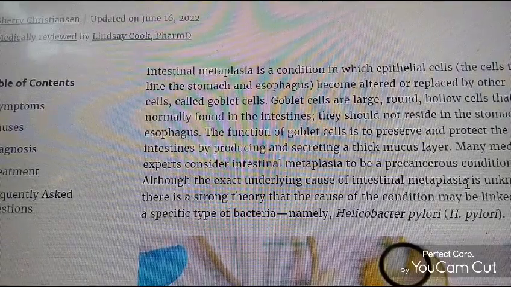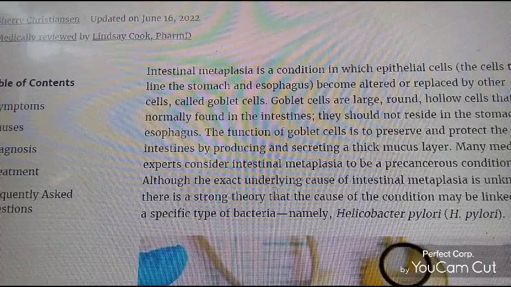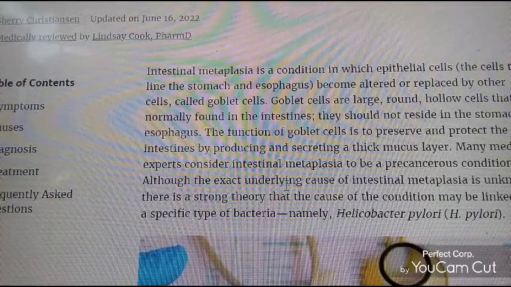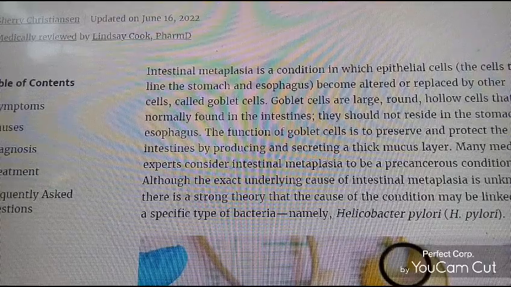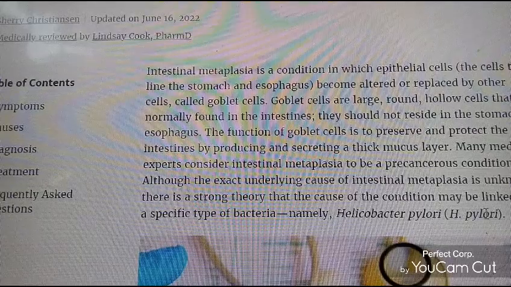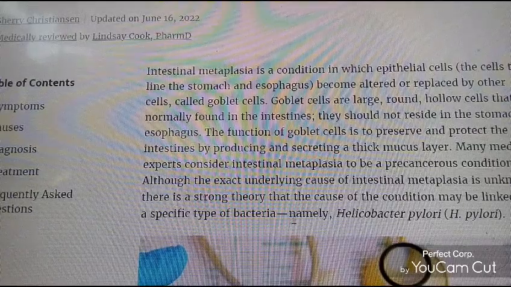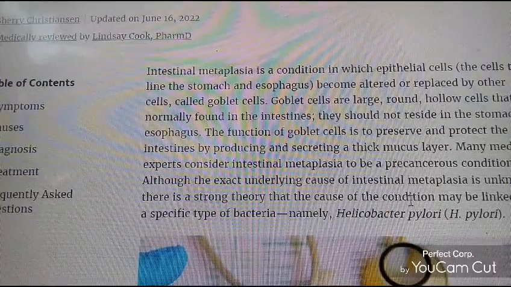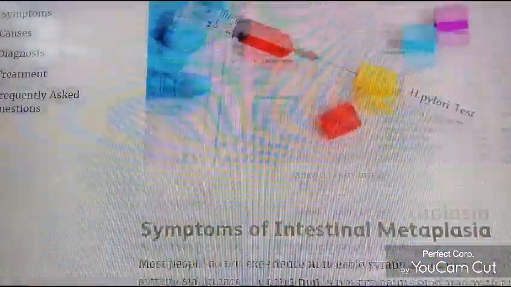And what do we hear? What do we see here? What do they say? Although the exact underlying cause of intestinal metaplasia is unknown, there is a strong theory that the cause of that condition may be linked with what? Helicobacter pylori, morons. Okay, so